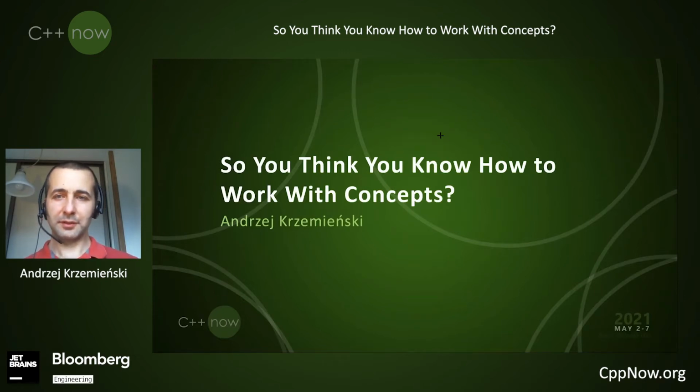We have seen already a couple of good talks about concepts this year. So I hope I will be able to talk about concepts from a slightly different angle. I want to show you the perspective of a generic library author whose primary goal is to deliver a good library and a good experience to the users. And we'll see how concepts in C++20 help with this task, and maybe primarily how they don't help, and what traps we can fall into when we trust them too much.